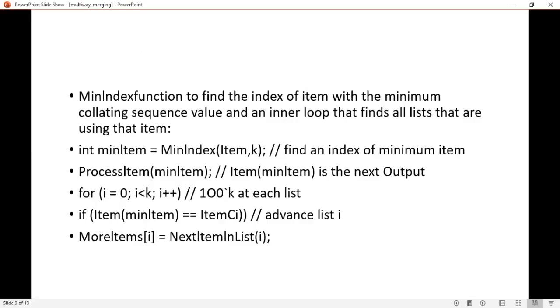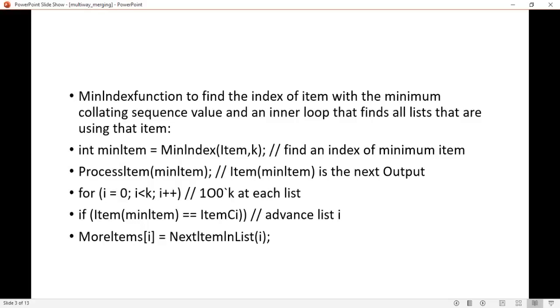Now, in this algorithm, you have a minimum index function to find the index of the item with the minimum collating sequence value, and an inner loop that finds all lists that are using that item.